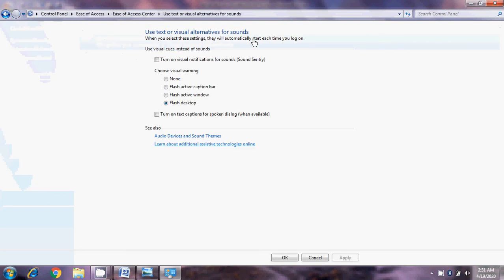This feature enables your computer to replace sound with visual cues. It makes the computer flash the desktop, active caption bar or active window whenever the computer emits a sound. This feature is useful for persons having hearing disabilities like deafness.